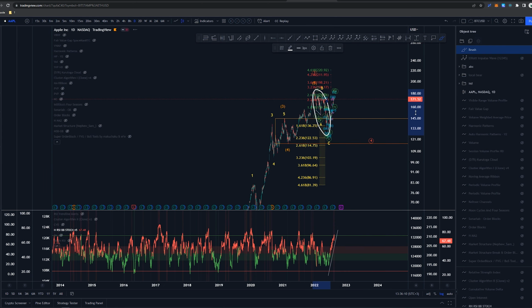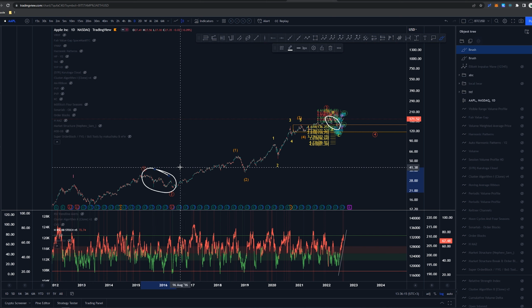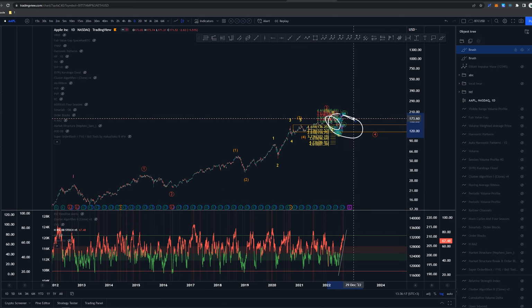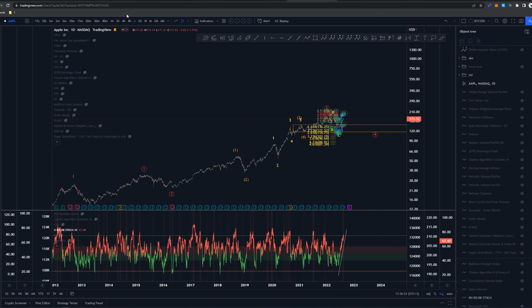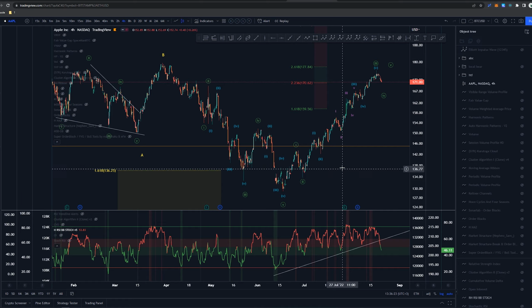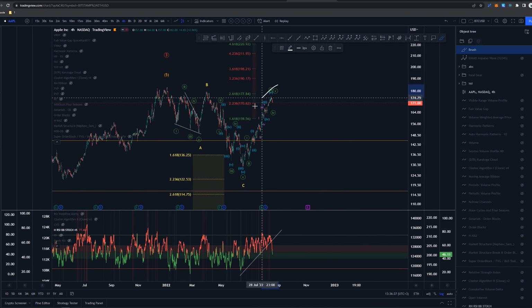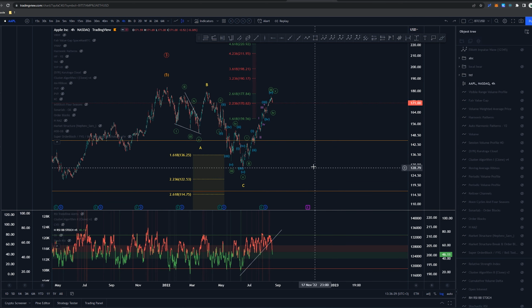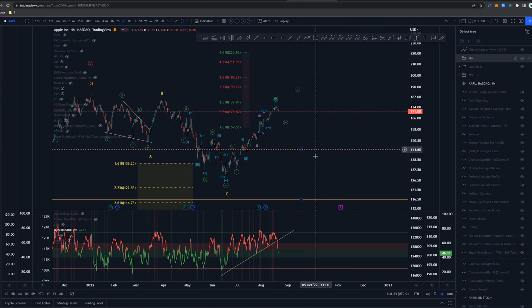if we are just looking at it here, is very small compared to the wave 2 here. It is almost like a third of it. So that's why I'm more leaning towards the idea of this as being just the start of something. However, again, as we are having this as a very impulsive looking structure, and I'm not even sure if this is going to be done, I'm not expecting it to be done yet,